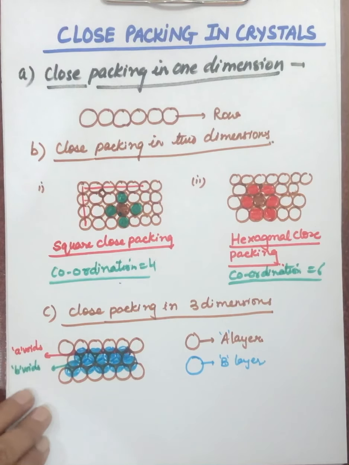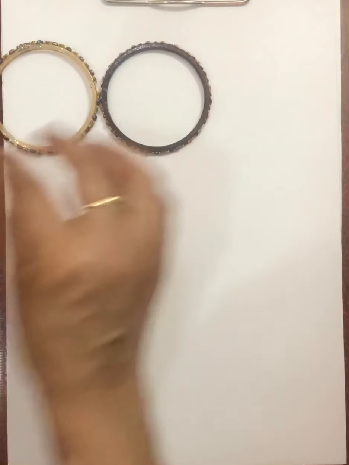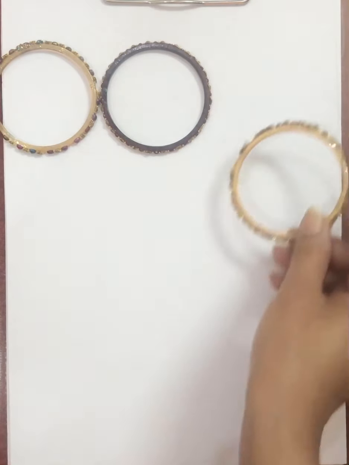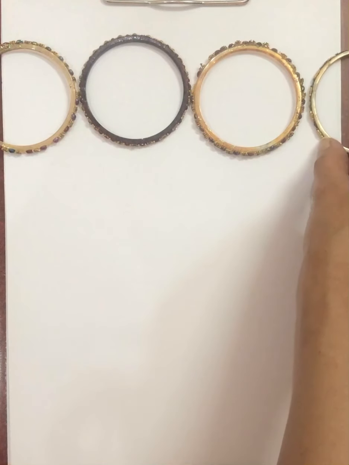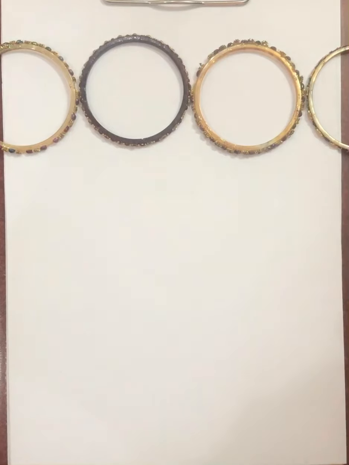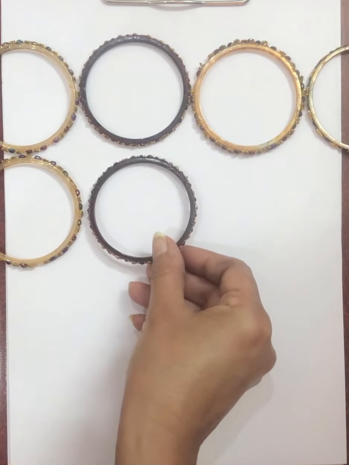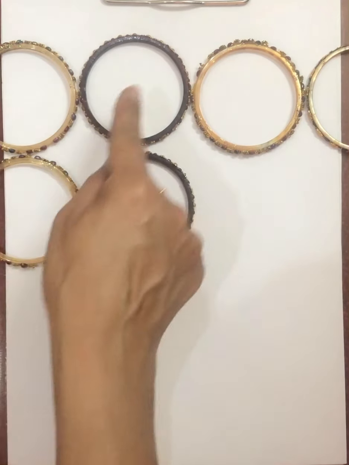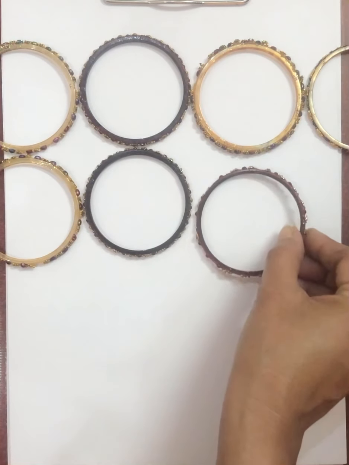So to understand the third layer, I am taking up the bangles to explain this. See, this is one row first of all I'm forming. One dimensional arrangement we are doing first of all. By keeping the particles touching each other in a straight line like this, we will get one row. This is a one dimensional arrangement. Now, for a two dimensional arrangement, we will place the particles like this, vertically aligned and horizontally aligned to the first row particles. So the next row we are forming like this.